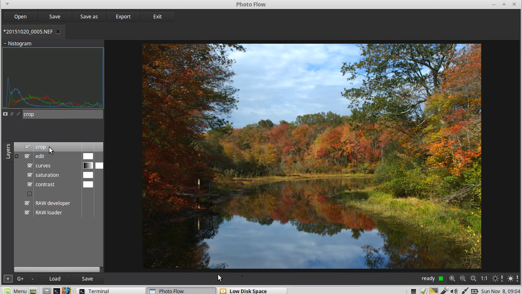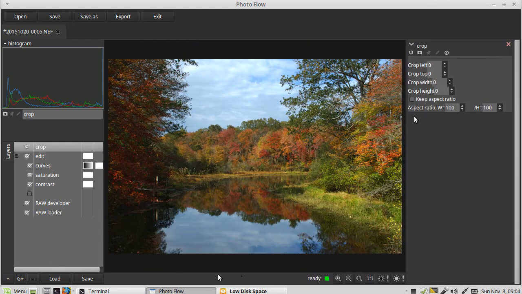And at the moment there is no cropping, so nothing has changed. But now if I double click here, again I have access to all the parameters of this tool, and in particular I can tell the tool that it should keep a given aspect ratio when doing the cropping, and in this case I want to keep an aspect ratio of